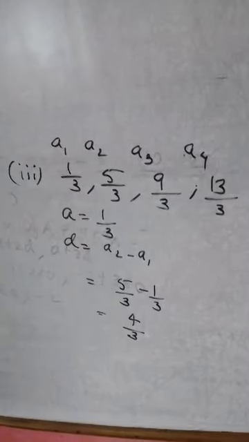Now you understood we introduced the chapter and we understood a few terms. What is an AP? What do you mean by the first term? What do you mean by the common difference? Now we solved the questions. I hope this concept of the arithmetic progression was clear. You can solve some of the questions from question 2 and 3 so that this topic will be more clear. And when we meet in the next class, we'll solve some other questions related to the AP.